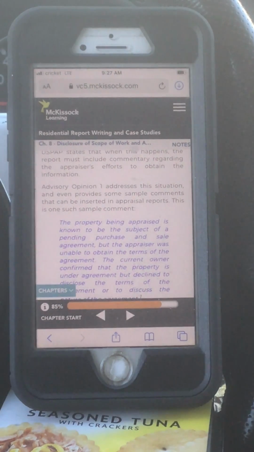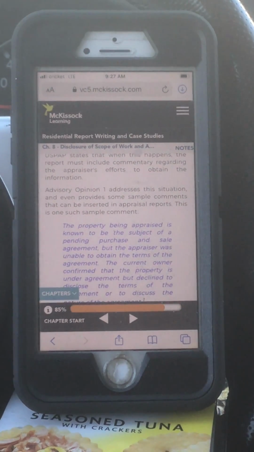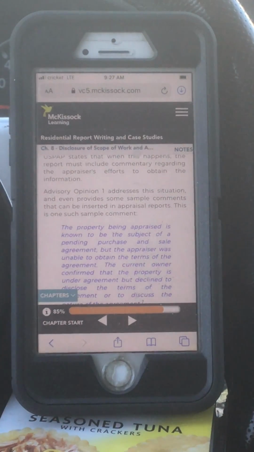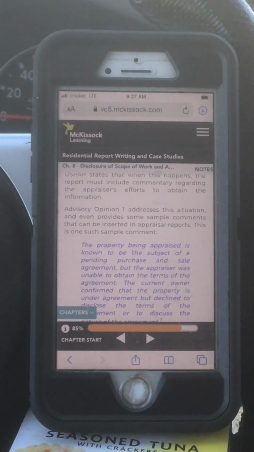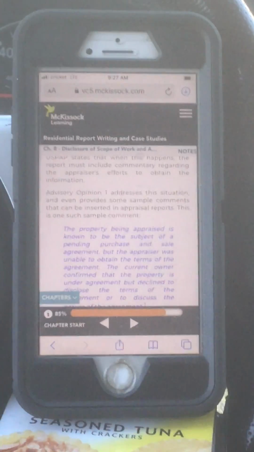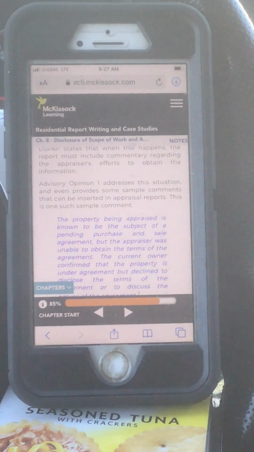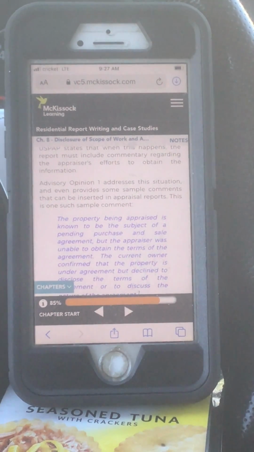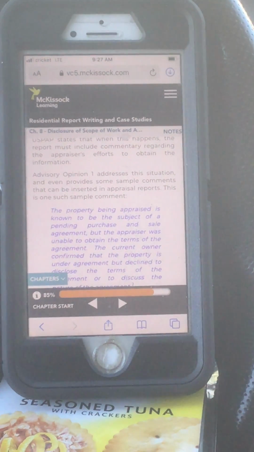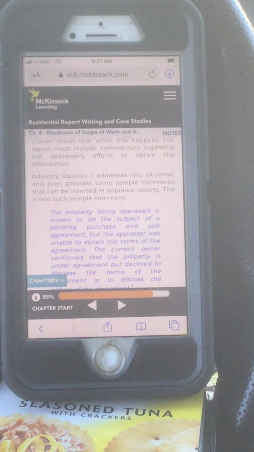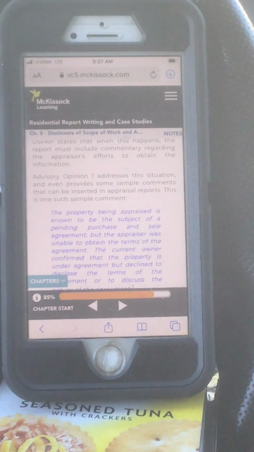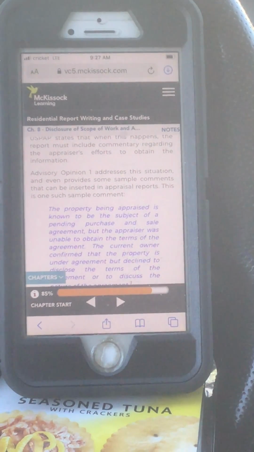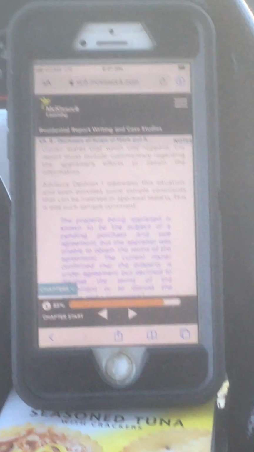Advisory Opinion 1 addresses this situation and even provides some sample comments that can be inserted in appraisal reports. This is one such sample comment. The property being appraised is known to be the subject of a pending purchase and sale agreement, but the appraiser was unable to obtain the terms of the agreement. The current owner confirmed that the property is under agreement, but declined to disclose the terms of the